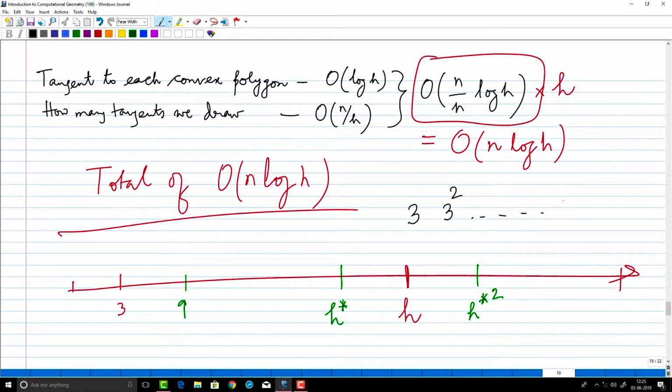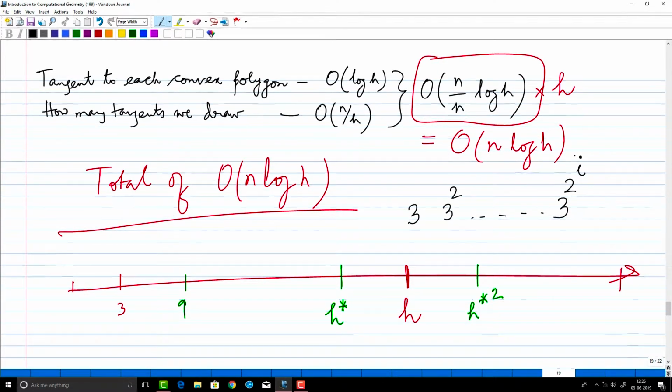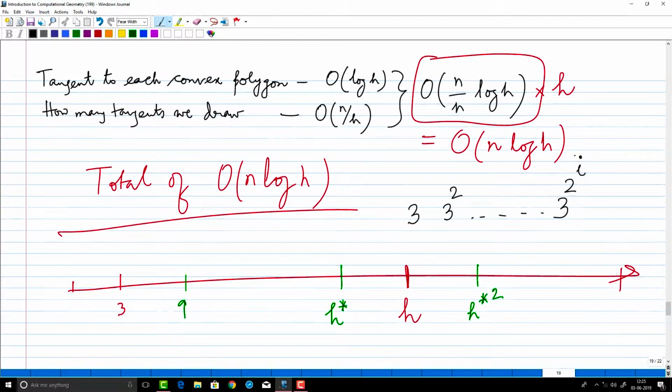So, after i steps I will go up to, right, and this 3 to the power of 2 to the power of i and 3 to the power of 2 to the power of i plus 1, in between this I must have trapped my h, right. And now, so see, so this is my h and this is my h star and this is probably my h star square,